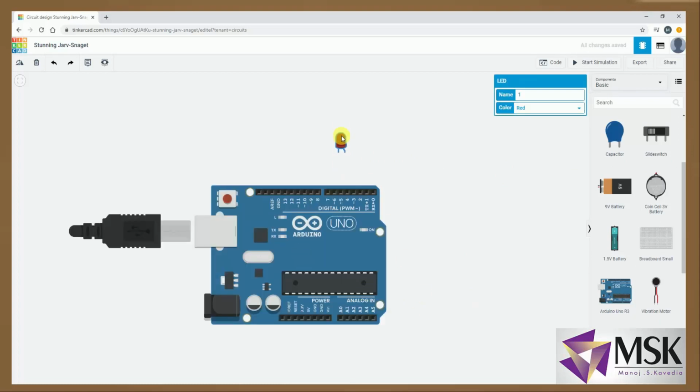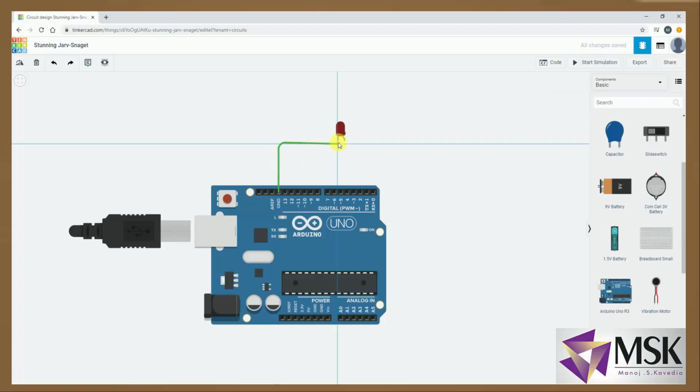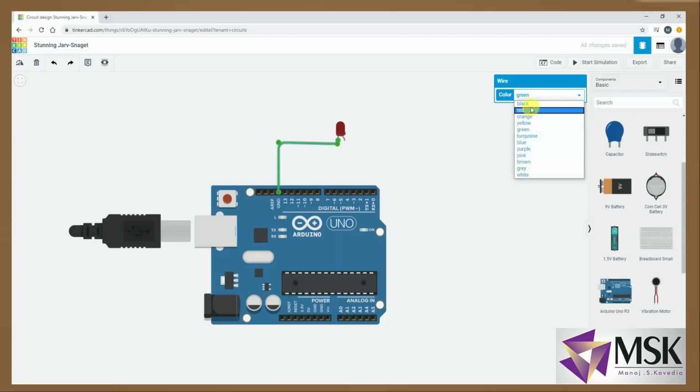So I'm connecting the ground pin. Fine, I've connected ground and I'll make this wire black. Now I'll take another wire and let's say I'm connecting to pin number 2.